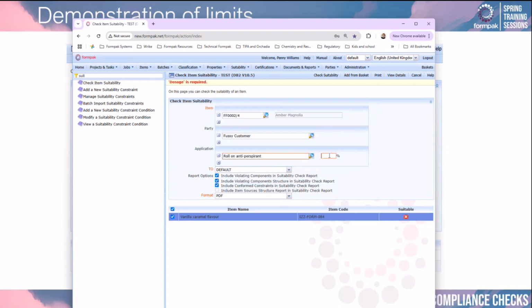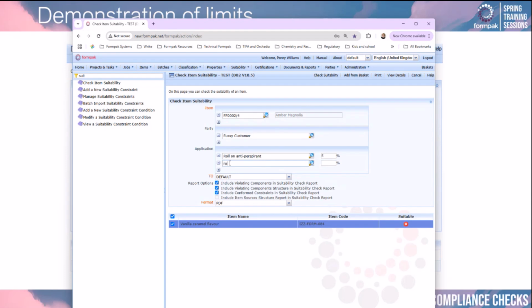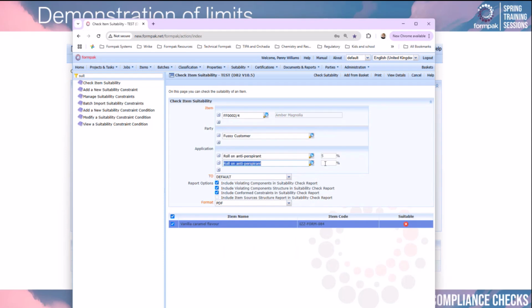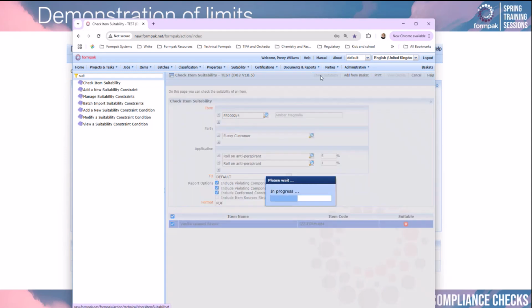roll-on antiperspirant at 5%, which I know is too high compared to the normal, but we can just get some nice failures. Nice failures, that's a bit of an oxymoron, isn't it? Okay, so if we check the suitability,